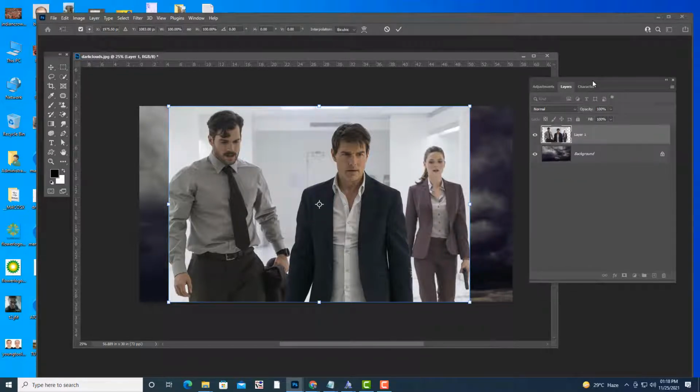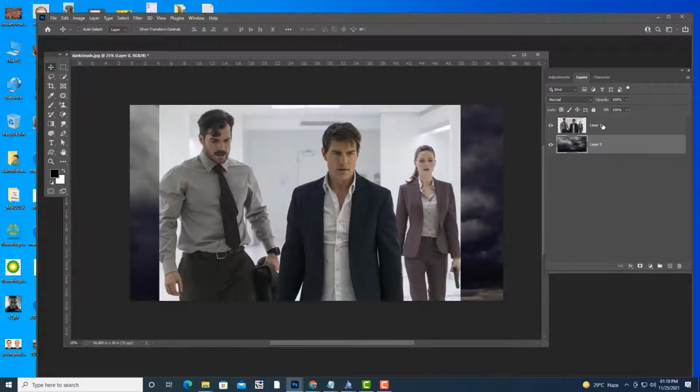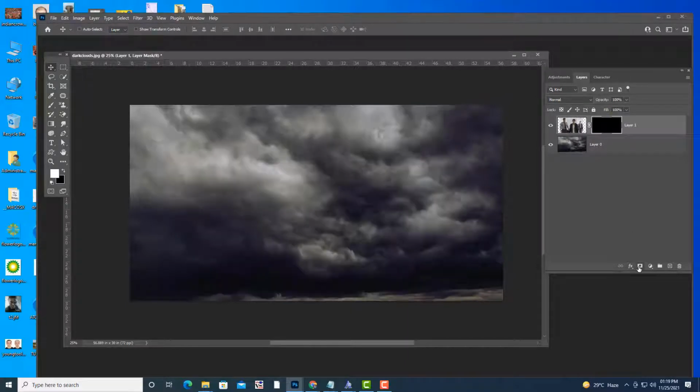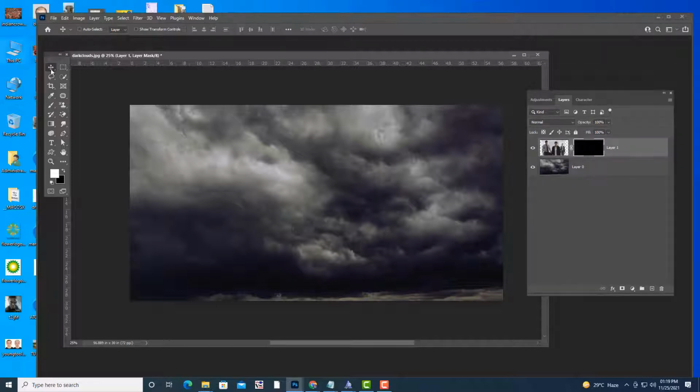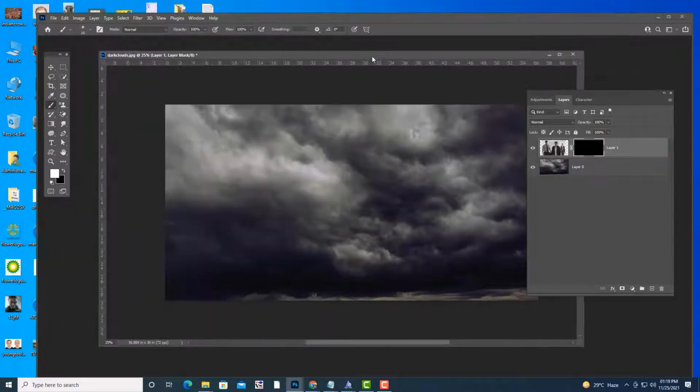So first thing I will do is apply one mask to this. So I'm going to apply a hide all mask. Then we'll use a soft round brush.